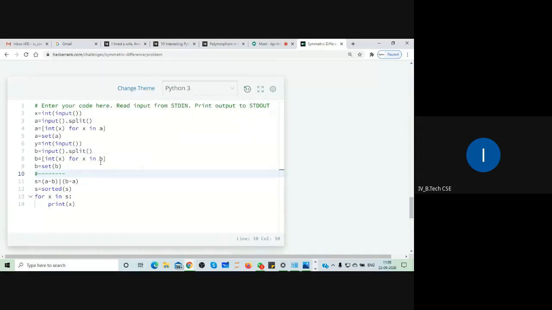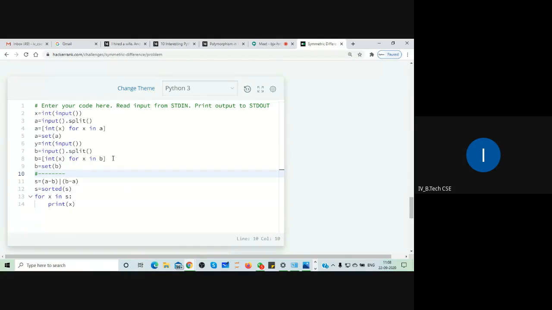Now I am converting this into list, and again I am converting this into set.